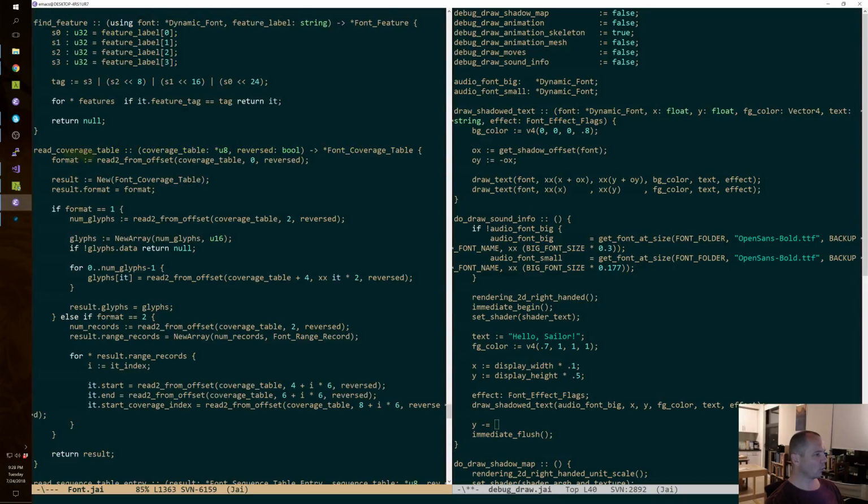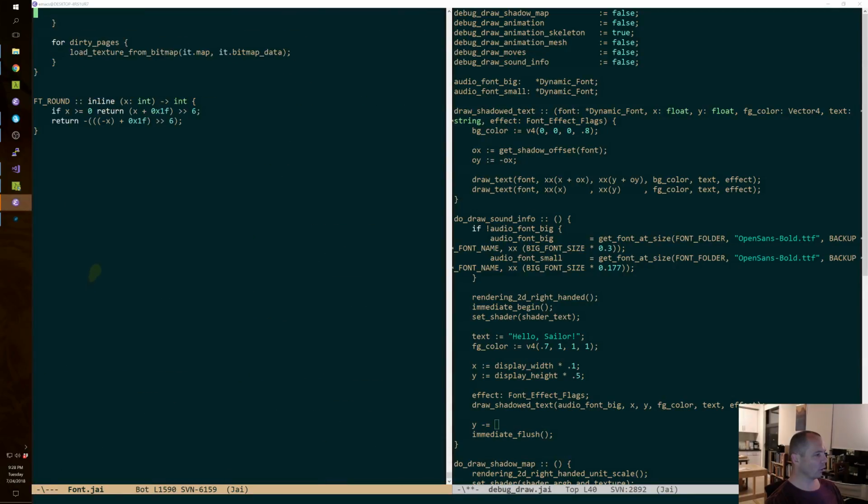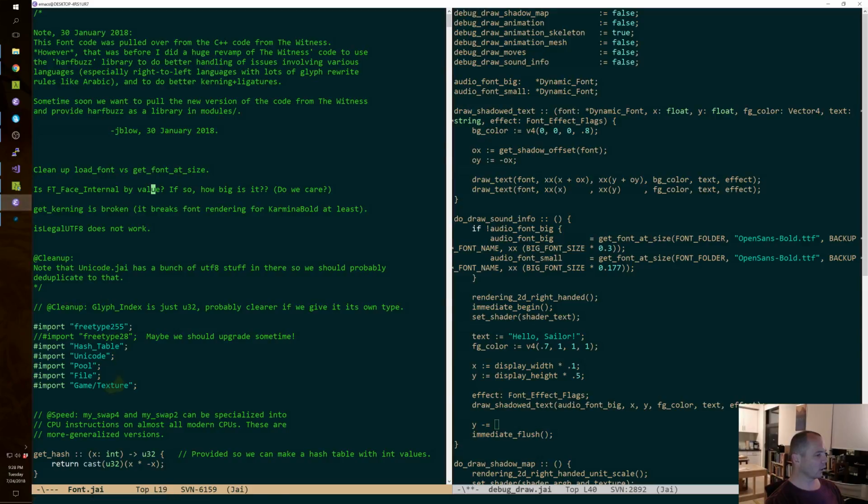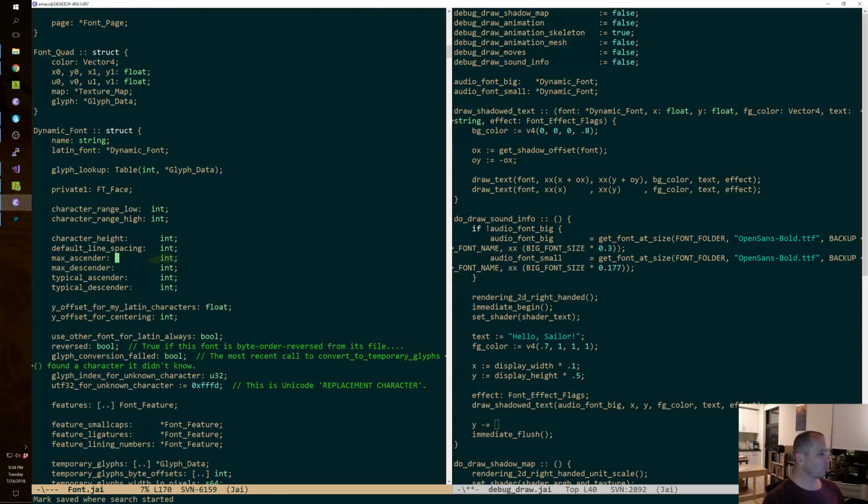We need to do a whole stream on revamping this. Oh, default line spacing, there we go. So whatever this font is, audio font big dot default line spacing, so we're going down by that much. And now we're going to do audio font small, right? And we'll do FG color small and